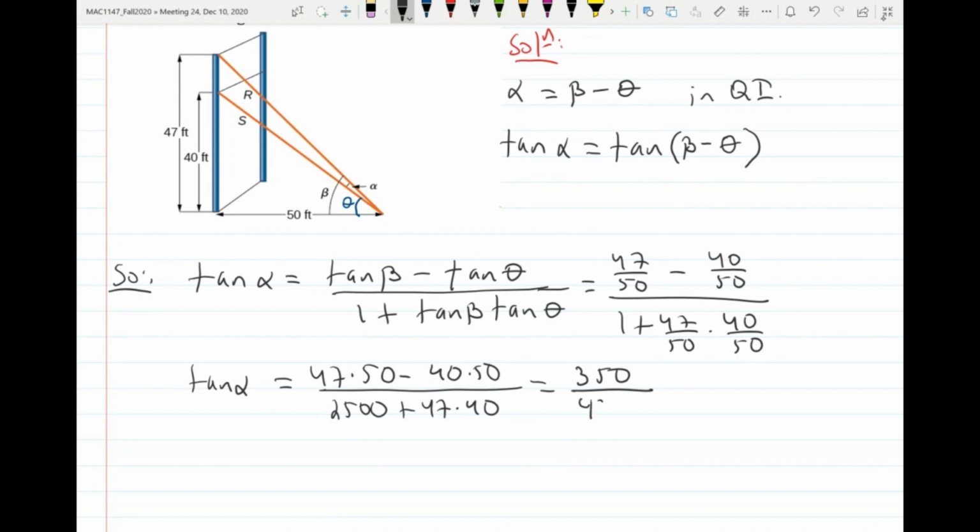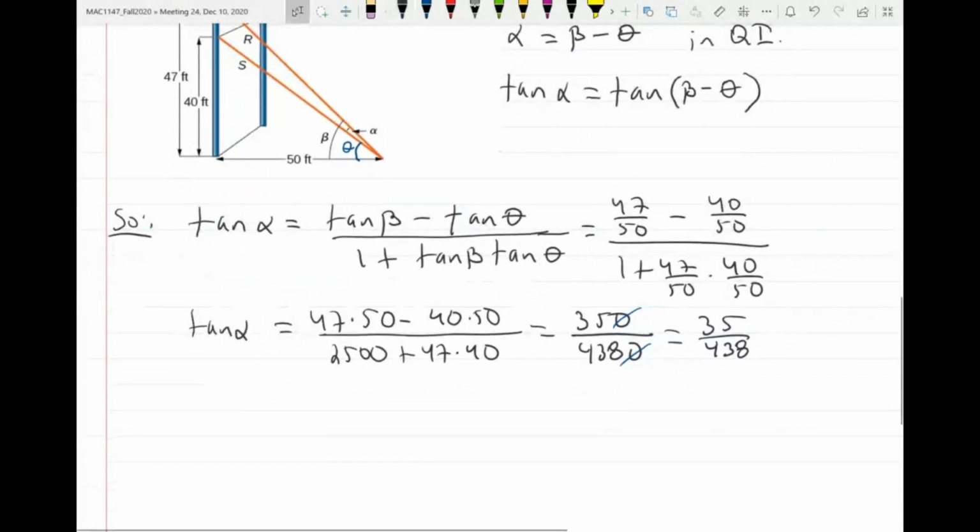So we have 4,380. We could do a little bit better than this. We can simplify, so the zeros cancel out. So we get 35 over 438. Okay, good. So now this is tangent of alpha. Now remember, if we want to figure out alpha, what do we need to do? We take inverse tangent. And we know that alpha is in quadrant 1, so we can just do inverse tangent,